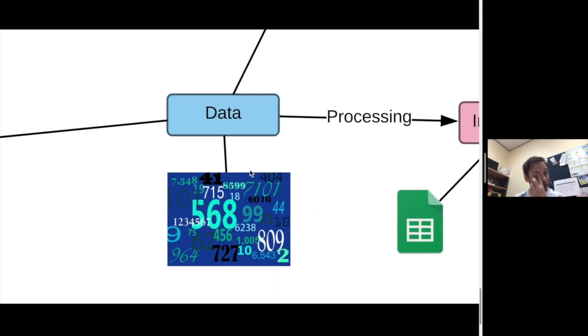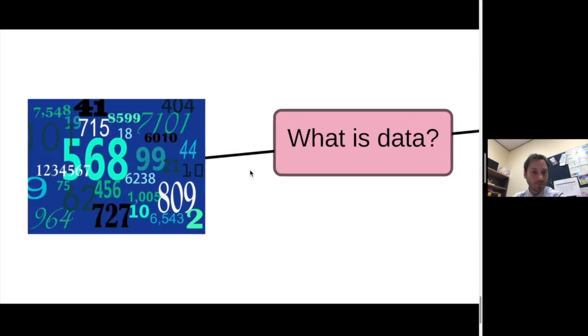But what is data? Data is ones and zeros. So it's the number of cars we count on the street. It could be the amount of money that a whole range of people make. And those numbers themselves are data. If I then match those numbers with names of people, for instance, it becomes information. If I add that data together to give me an average, it becomes information. If I apply any other sort of processing to it to give it more meaning, then it becomes information.